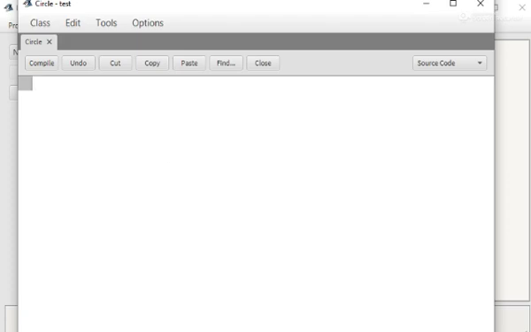Now type your program from beginning like class. After that, class name that we have given circle. Then enter. After that, give a curly bracket. Here we are going to define a class circle, and as we have read that every class has some characteristics or behaviors. About characteristics we will learn later. First, we are going to define a behavior that is the default behavior of any program, public static void main.